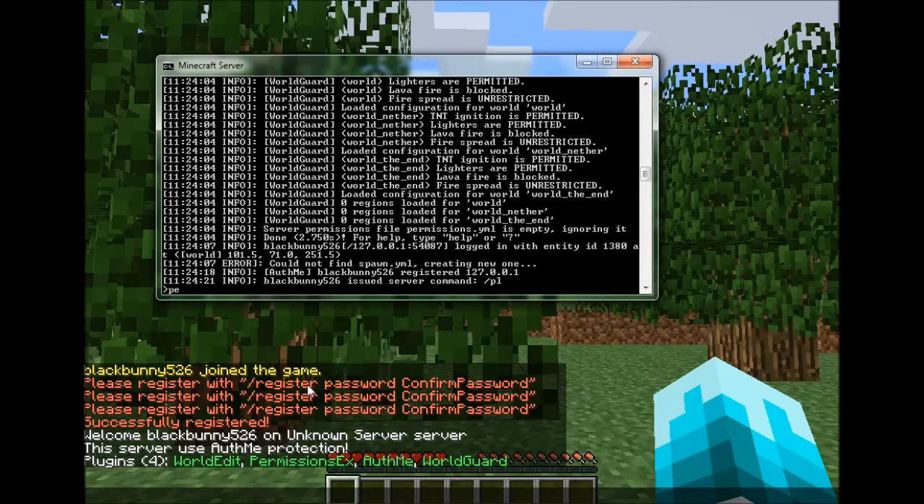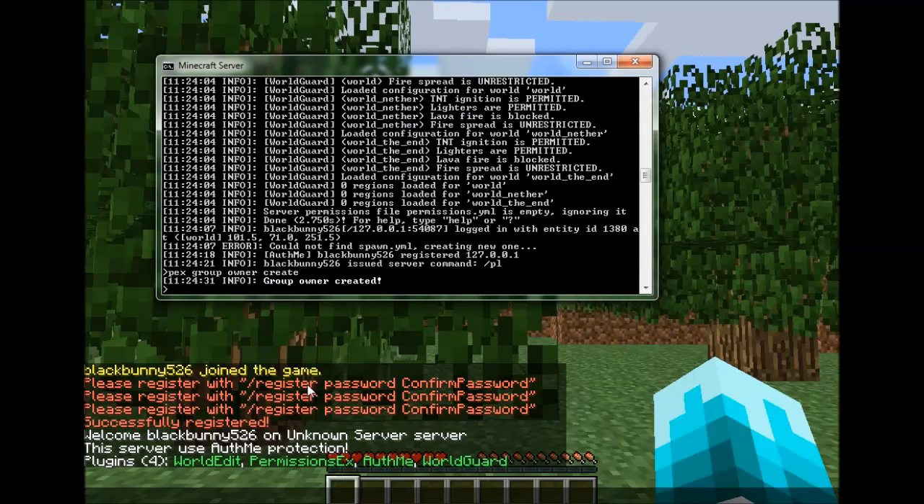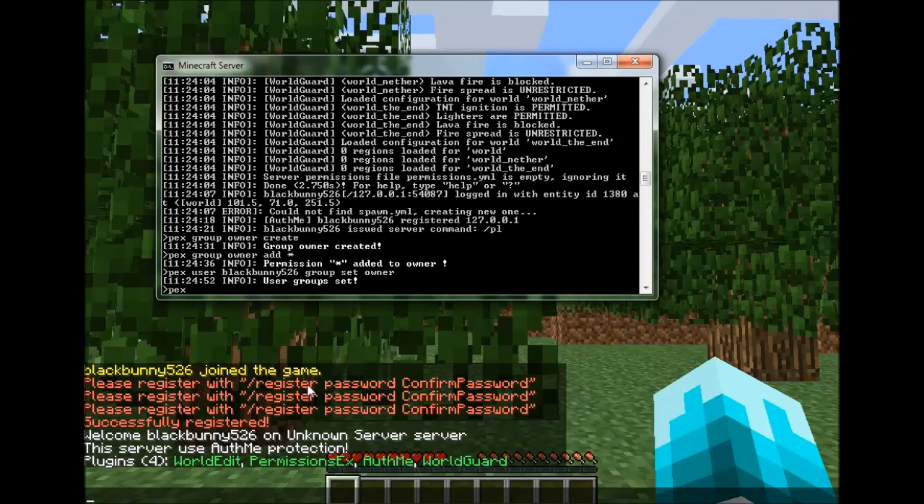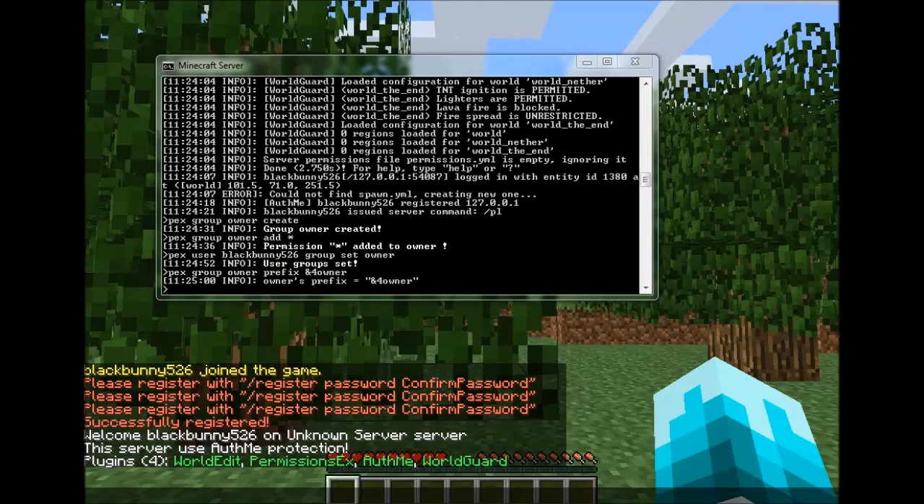So you go onto your console and you say pex group owner create, and then you say pex group owner add all, and pex user, and then you put your name there. In this case it will be Black Bunny 526 group set owner, and then you'll say pex group owner prefix owner. Then you'll see here,